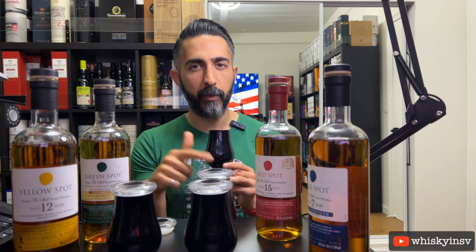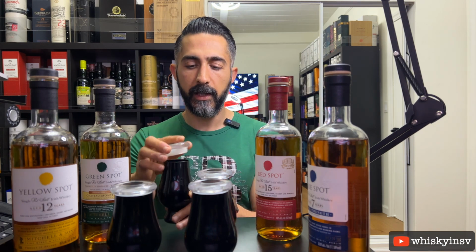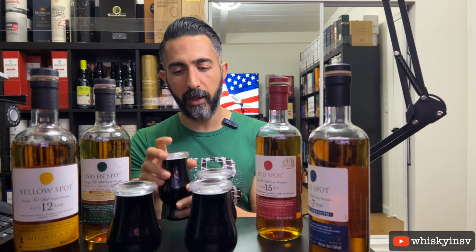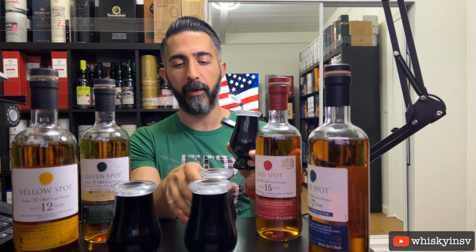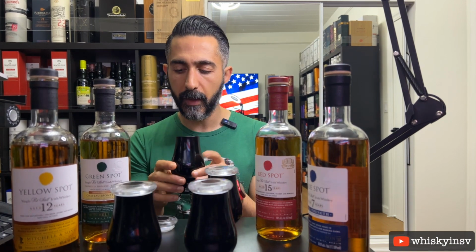And I think it's much more pronounced on the blue spot because it is a higher ABV whiskey. So yeah, just going off of that without trying all the other ones, I think this one is probably the red spot. So let's switch it with a red and let's see what this is. Okay,